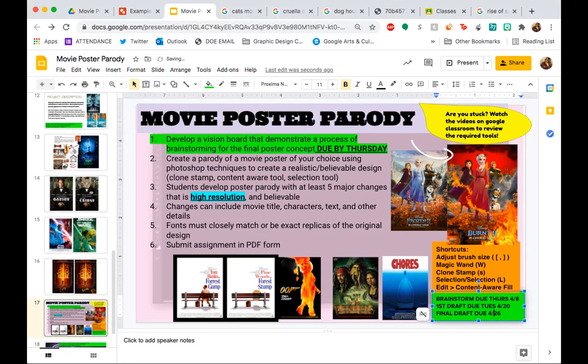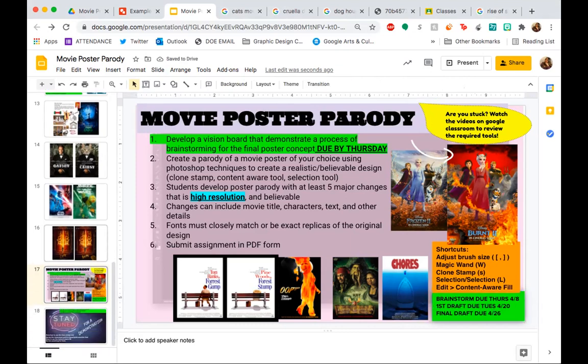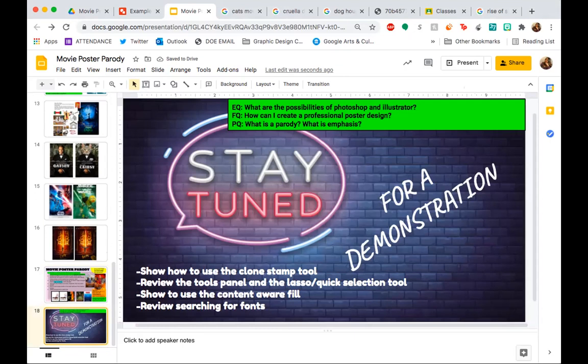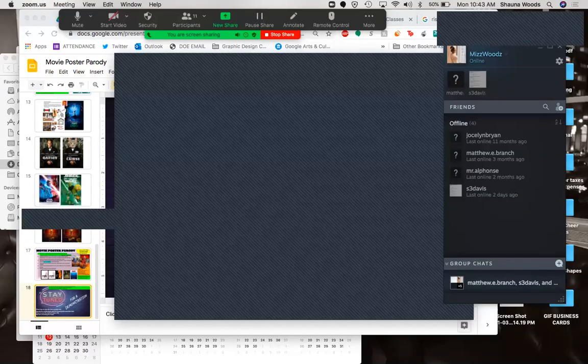Okay, so I just want to do a little demo, show you guys some of the tools, and then show you some of the strategies that I'm going to be using. To do this, I'm going to open up Photoshop. So let's share my whole screen.